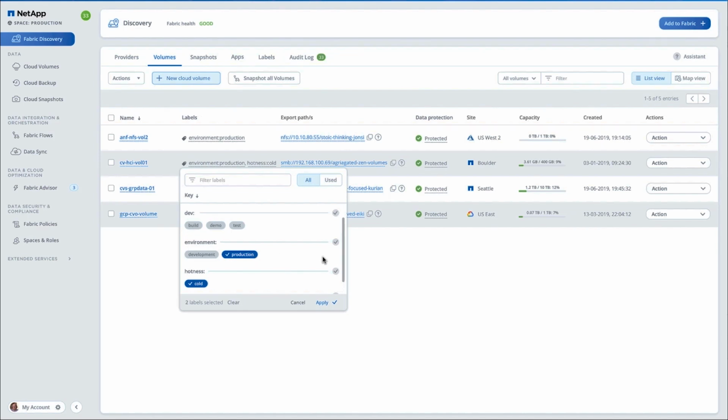So just to recap, I've shown you how to discover things. Things are activated in the data fabric. I've shown you how to automate things. I've shown you how the fabric itself can tell you how to optimize it, and optimize it for you even. And then lastly, I've shown you how you can integrate this with other systems. That's really scratching the surface of the power of this new service from NetApp.